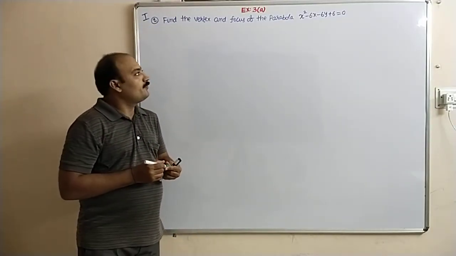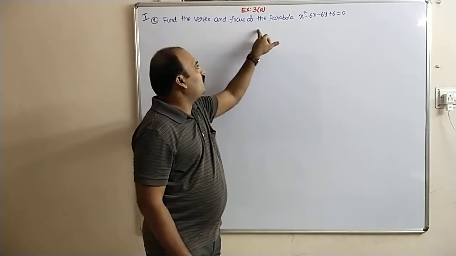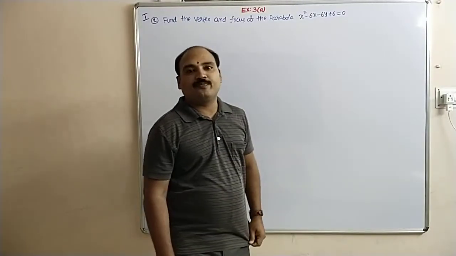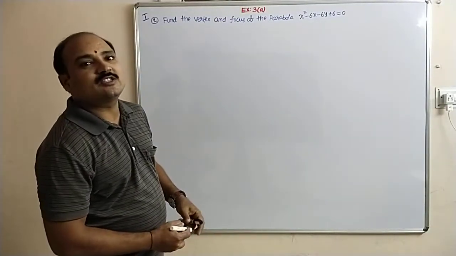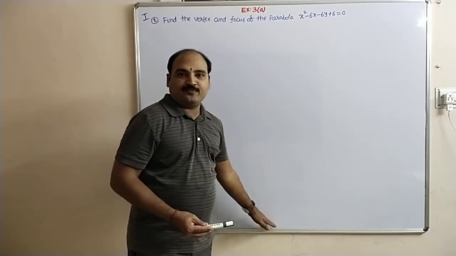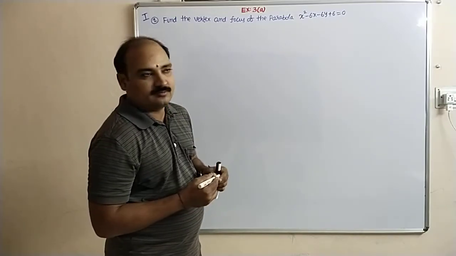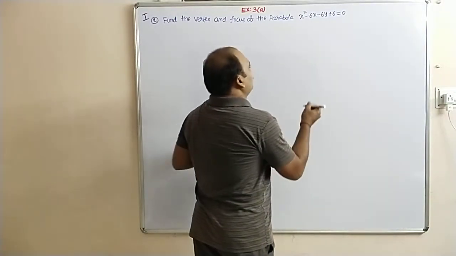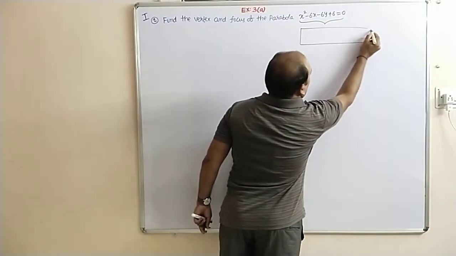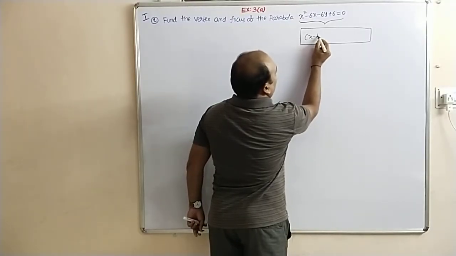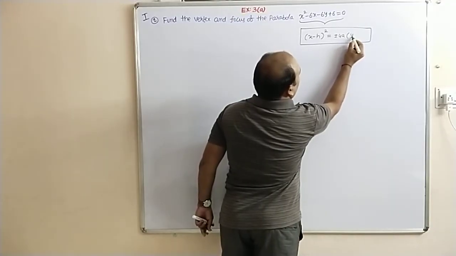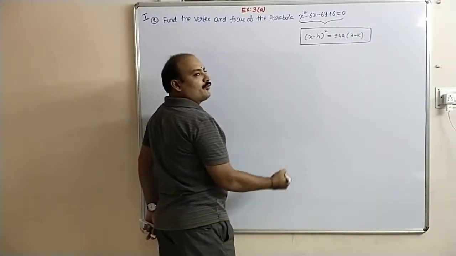The next question. Find the vertex and focus of the parabola x square minus 6x minus 6y plus 6 equal to 0. So here x is having square. So it is either upward parabola or downward parabola, symmetric about y-axis. So here this equation of parabola you have to convert into the form of x minus h whole square is equal to plus or minus 4a into y minus k. For this type of parabola,